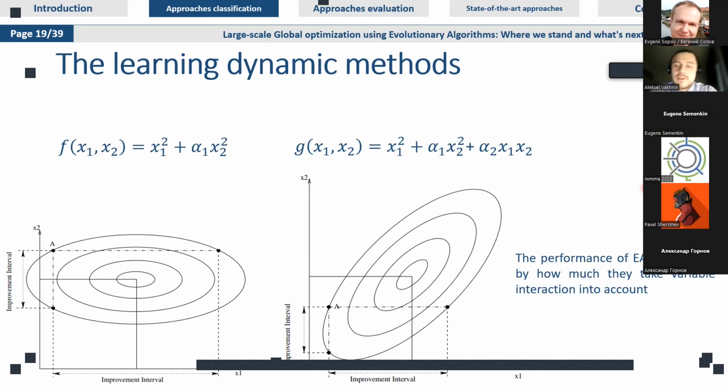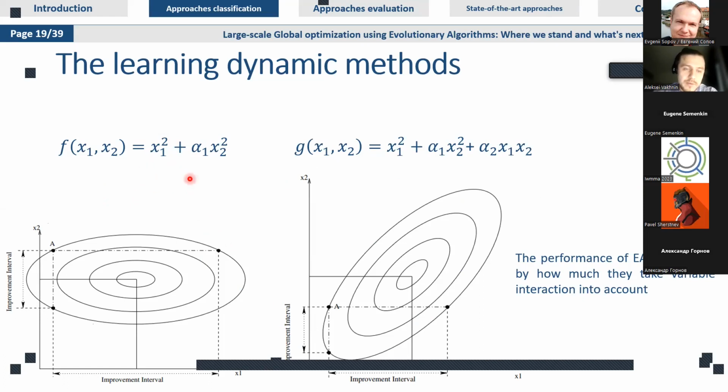Here I have to note that the performance of evolutionary algorithms is affected by how much they take variable interaction into account. In the left picture here, we can see that we can optimize